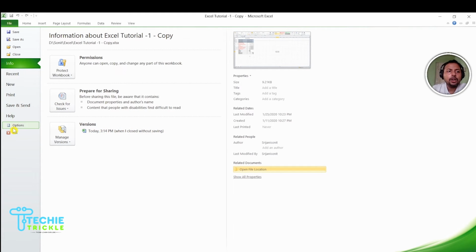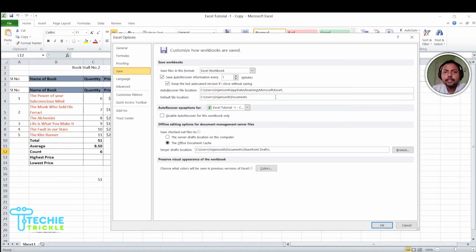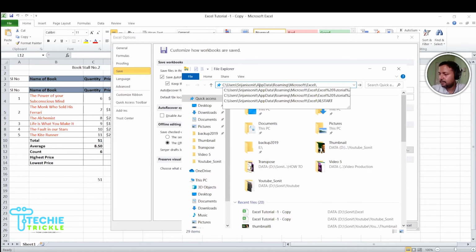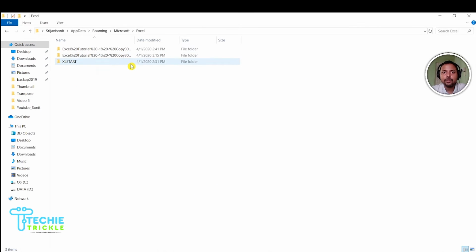Come to Options under this File option. Click on that, and then you come to Save. Under Save, you would see a field here as Auto Recover File Location. This is the location where you would find your unsaved data. If I select this and click here, you would see the data that I was working on.